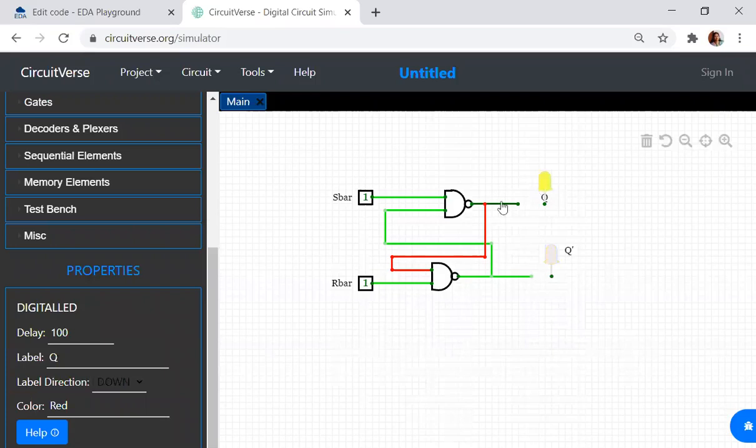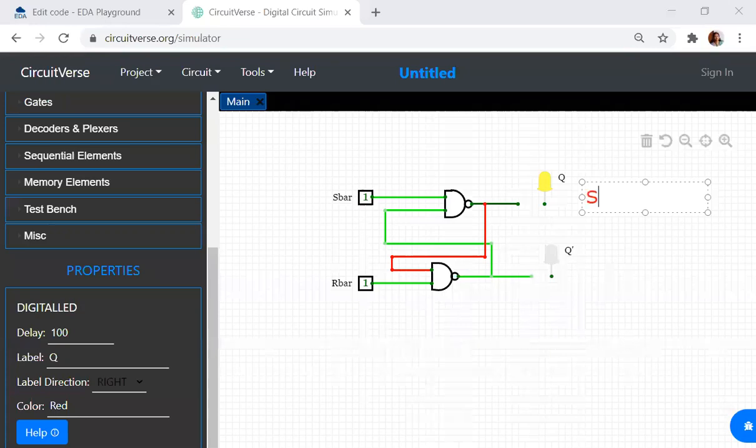Now what is the first combination in the truth table? The first combination will be 0, 0, 0. So here let me write the truth table. This is a detailed truth table.